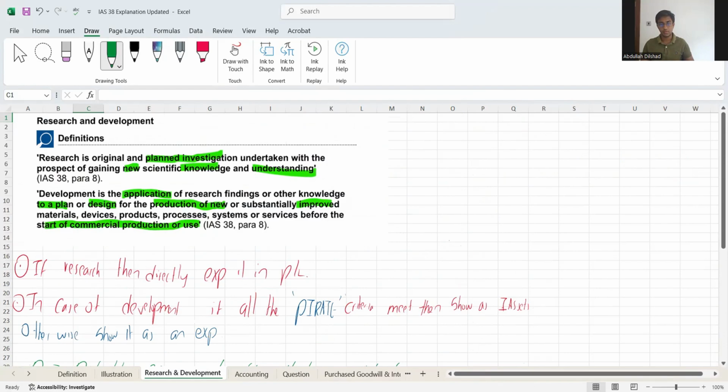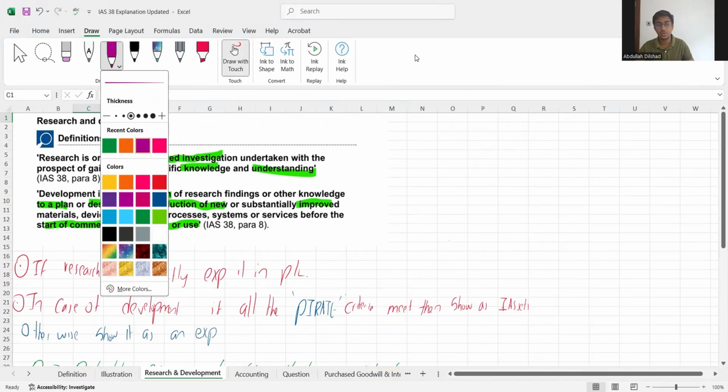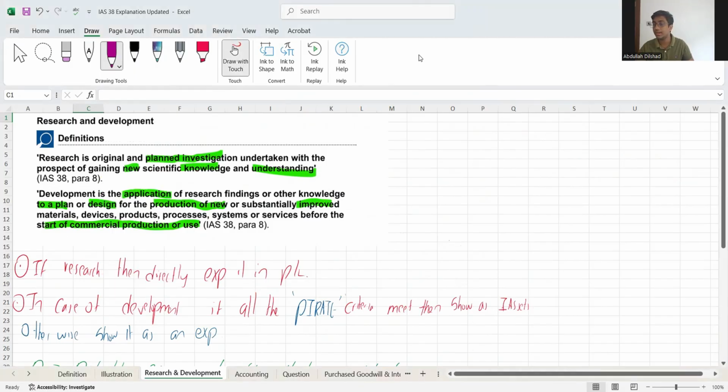Now the reason I'm going quickly is because these are all foundations you have already learned, so I'm only giving you the understanding. In terms of definitions, guys, don't worry, you will not be tested. Just for the name's sake, just know. Don't memorize, just understand. What do I mean by research?